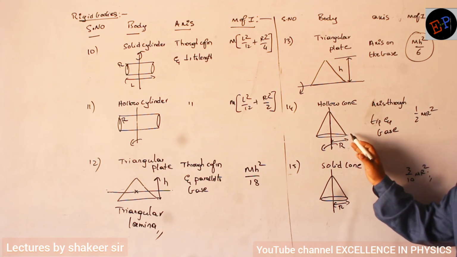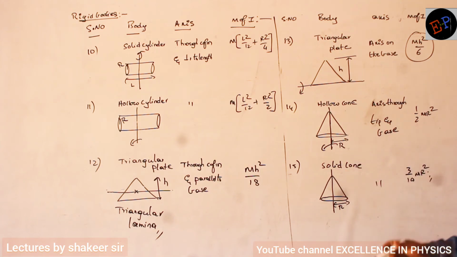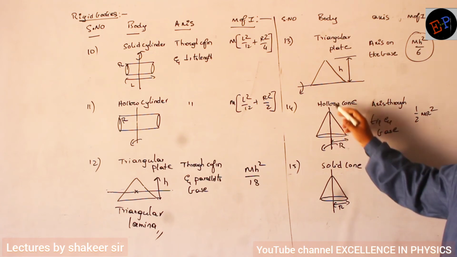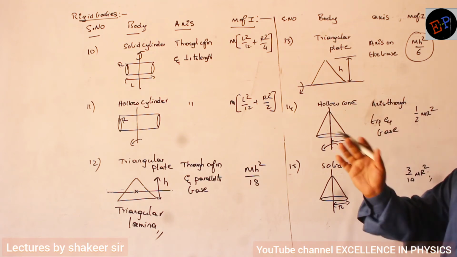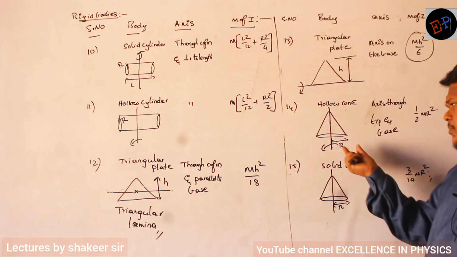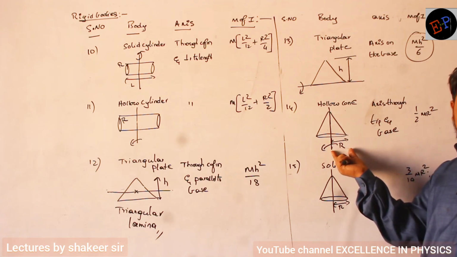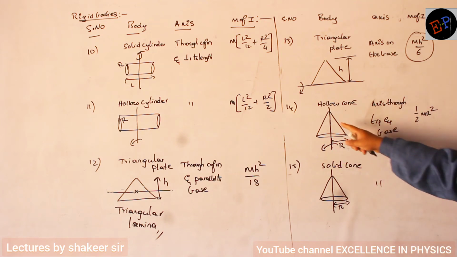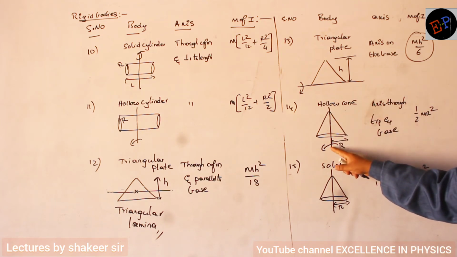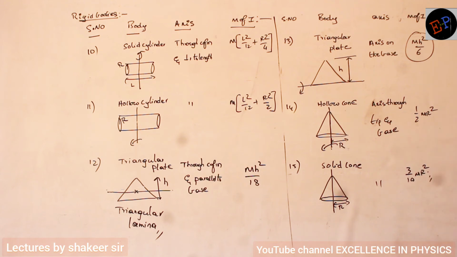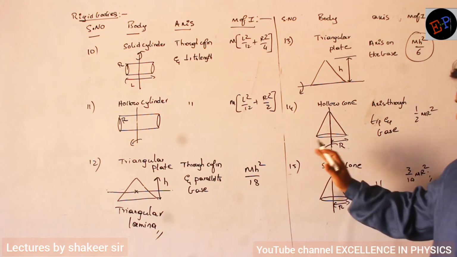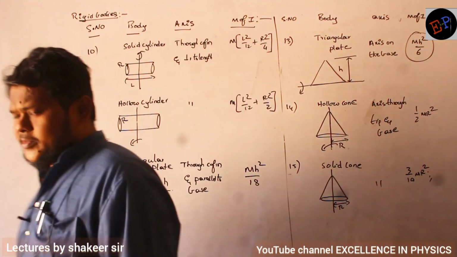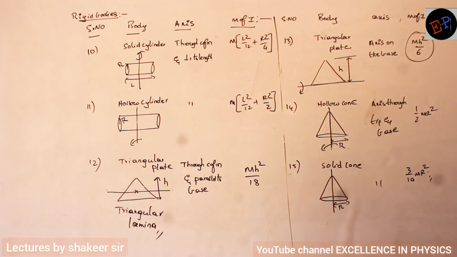And hollow cone, which is hollow, it doesn't depend on the height of this cone. Moment of inertia doesn't depend on height of the cone. It depends only on the radius of the cone. Base has some radius, no? That radius. So axis passing through the tip and through the base. Then what is the formula? It is half mr square for hollow cone. And for a solid cone it is 3 by 10 mr square. So these are some of the very important moments of inertia for rigid bodies which you must remember.